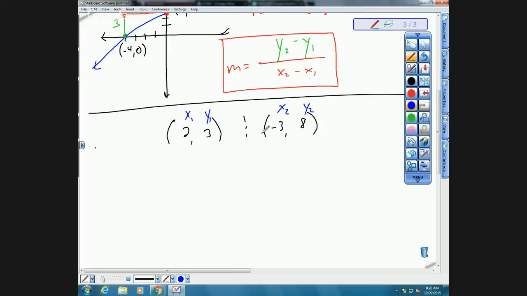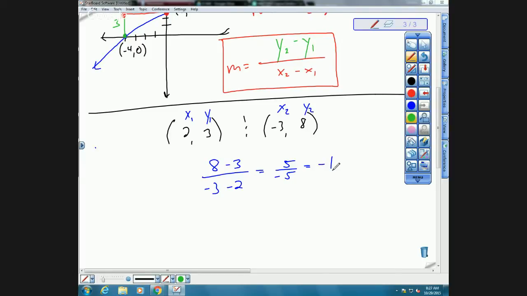So y sub 2 is 8 minus y sub 1, which is 3. X sub 2 is negative 3 minus x sub 1, which is 2. So I have 5 over negative 5. Which is 5 divided by negative 5 is what? Negative 1. All right, now in slope world, we always want it in fractions so we can